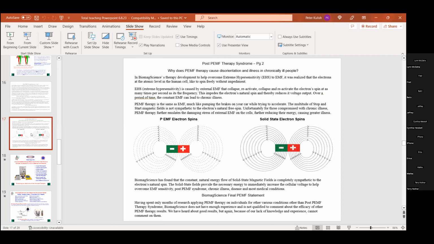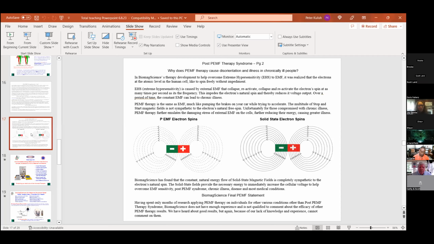And in reviewing why these people were suddenly reduced so much more in their energy, in their health by doing PEMF therapy, we suddenly realized that